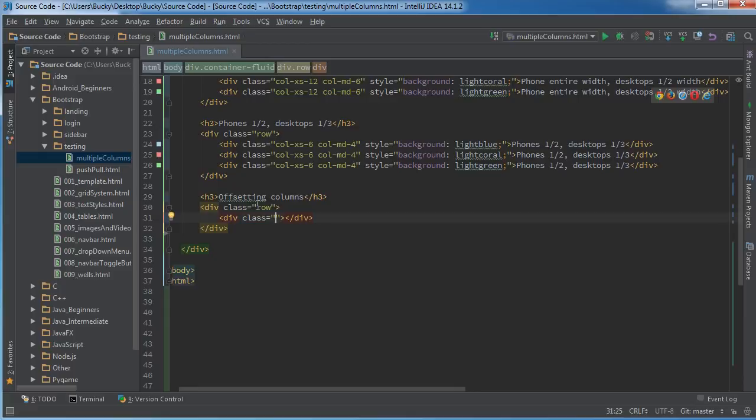So what we would do here is give it a column of MD4. So it's going to take up a third of the screen whenever you're looking at it on a desktop. And let me just put 4 wide or something in here and give it a color too. Alright, so we got one little chunk and it's taking up a third whenever we look at it